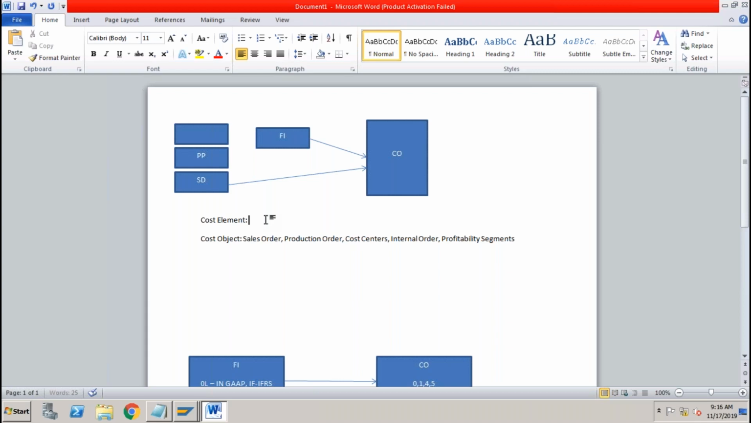So in short, if I want to carry out even the simpler postings into controlling, the first thing that I need is the cost element, and then I need the cost object. These are the two important things that we need before we carry out any transactions in SAP controlling module. So now the question is,